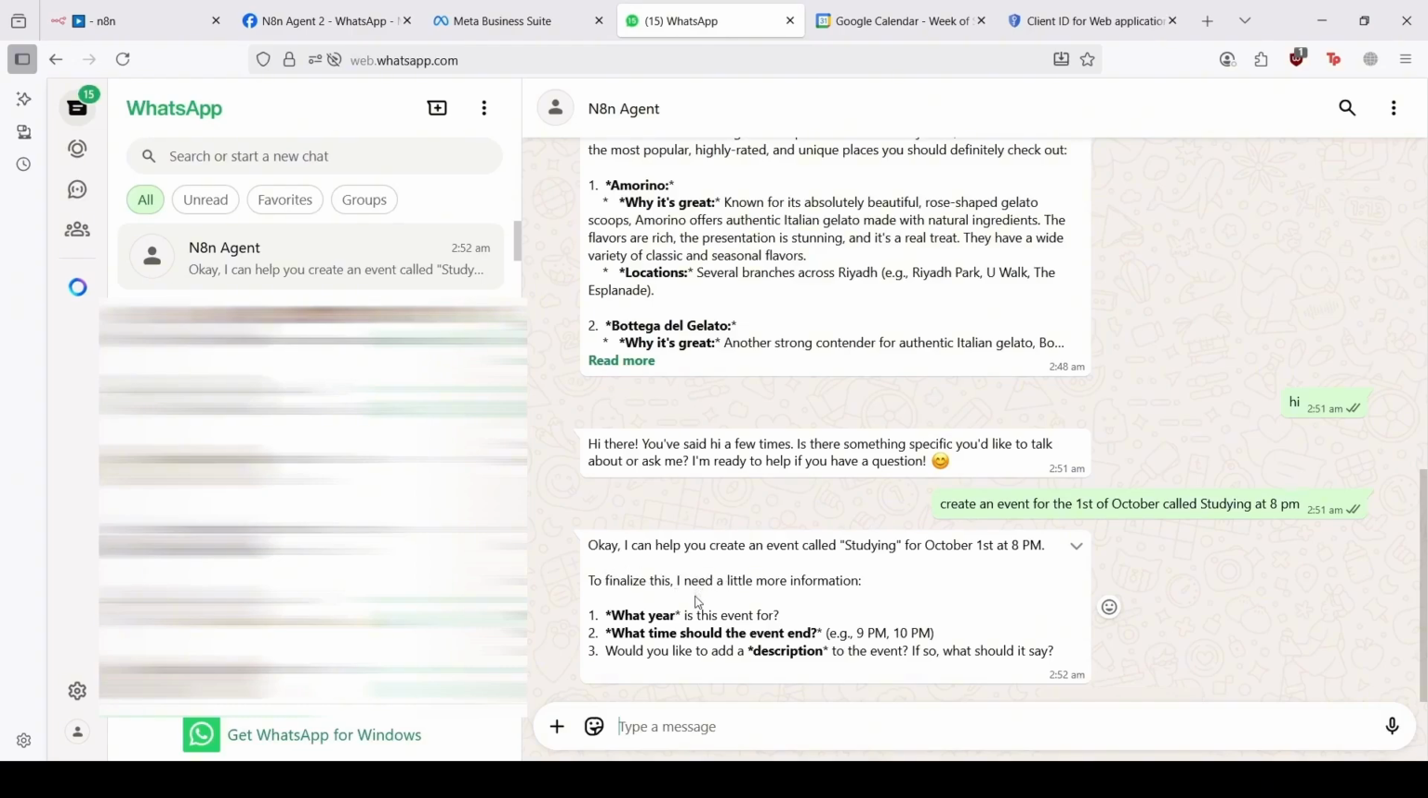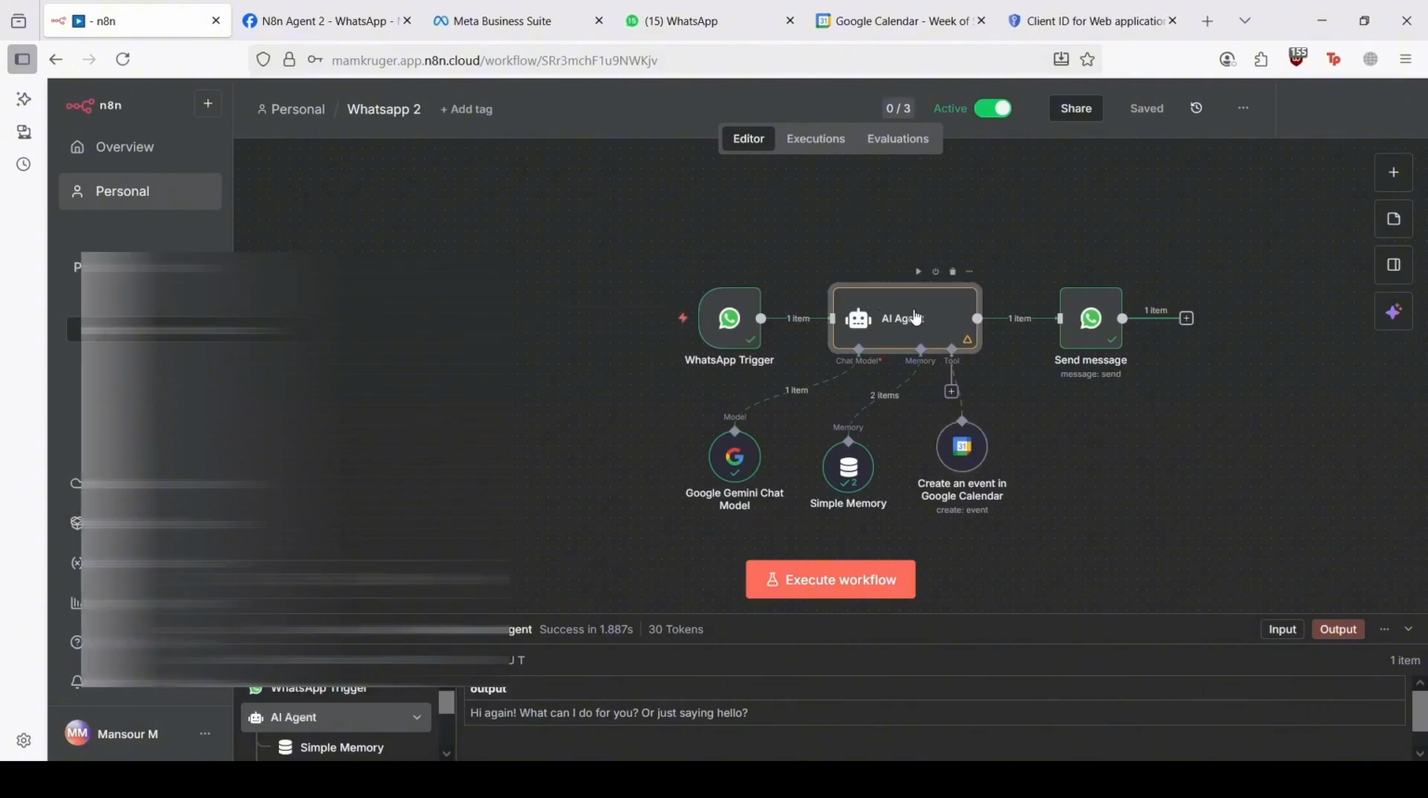To find this, I need a little bit more information. What year is this event for? What time would you like to add a description? Okay, so the AI doesn't know what date it is. So you want to go back to the AI agent over here,